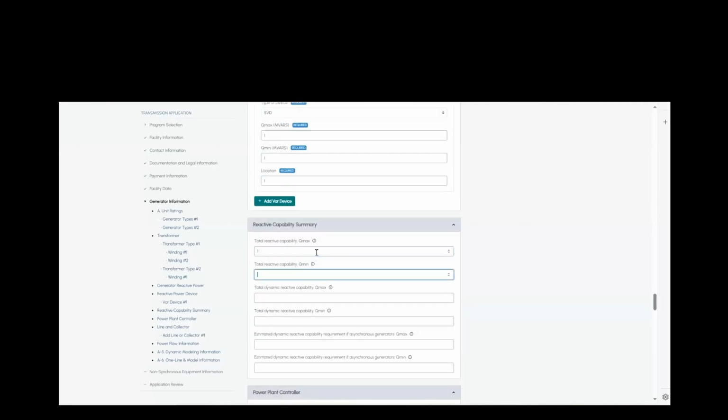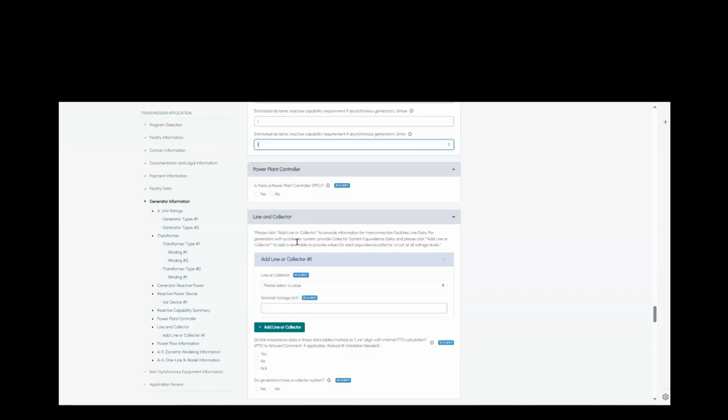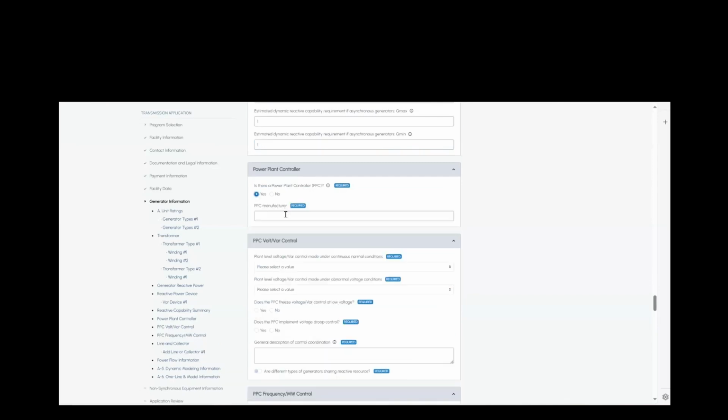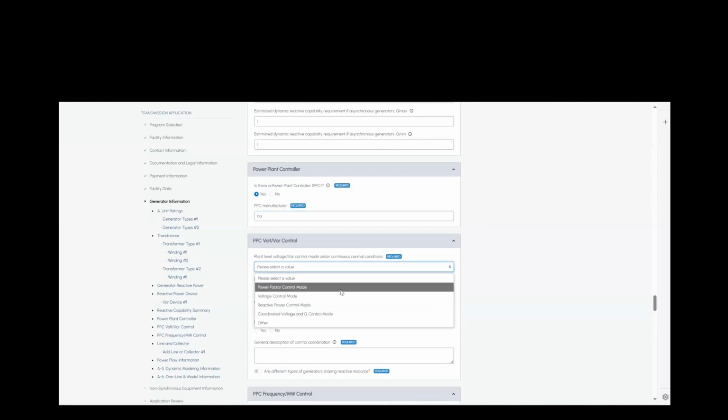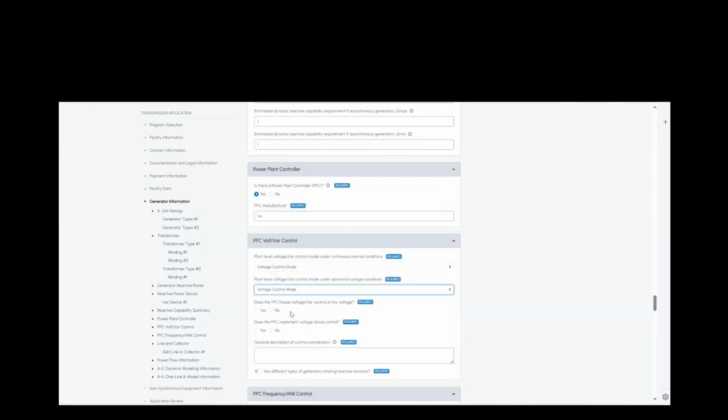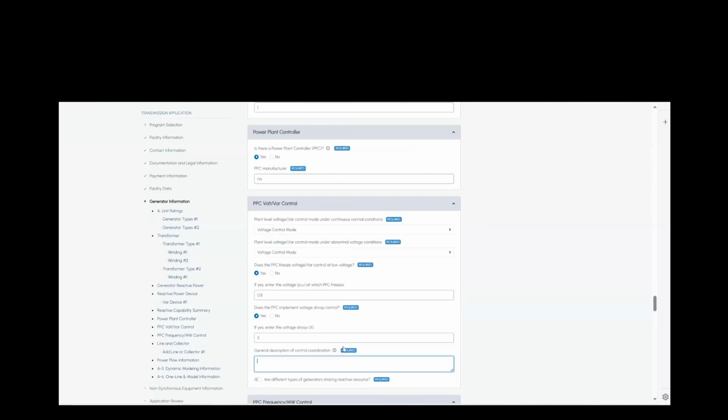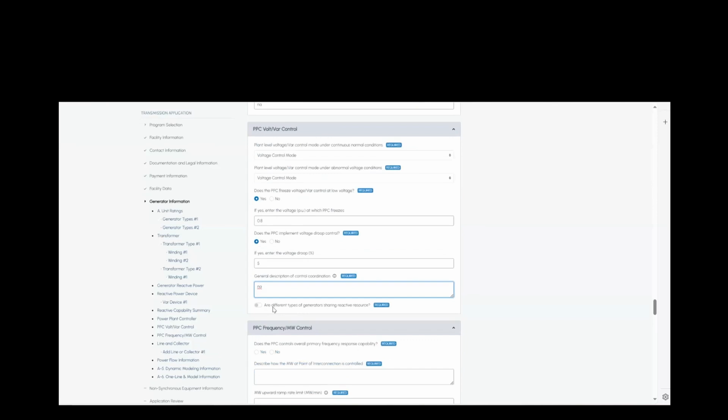Reactive capability summary. If you have a power plant controller, go ahead and check this. It'll open up new fields for you. Again, everything that you answer will open up a new field that you'll go ahead and fill. I'm going to check here if there are different types of generators sharing reactive reserve. Okay. And then more questions about the